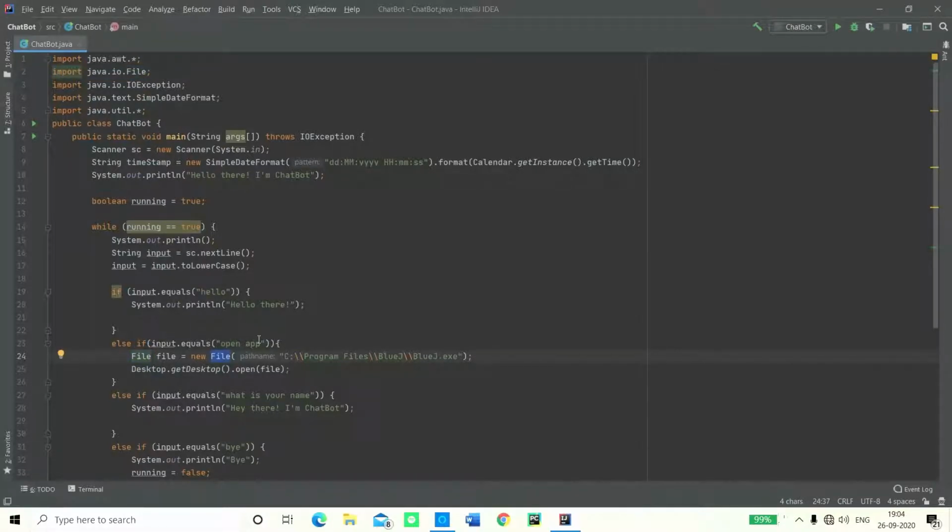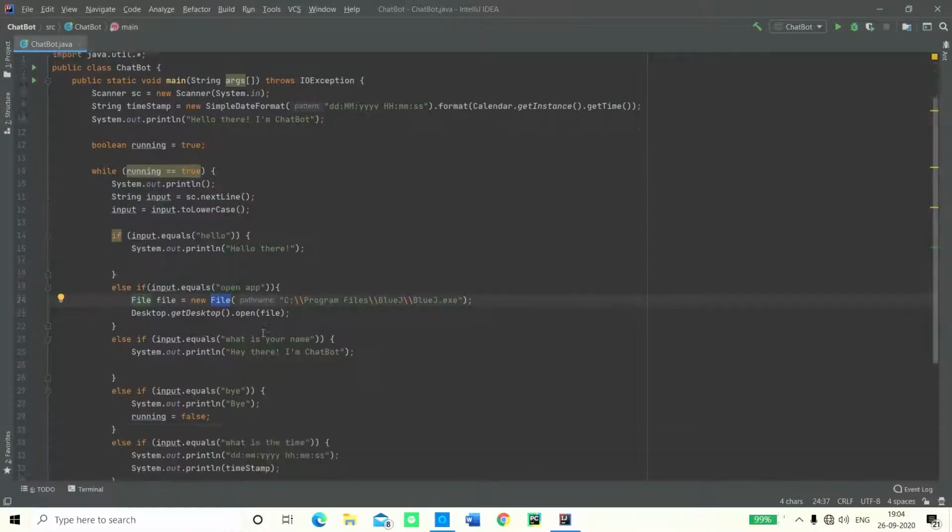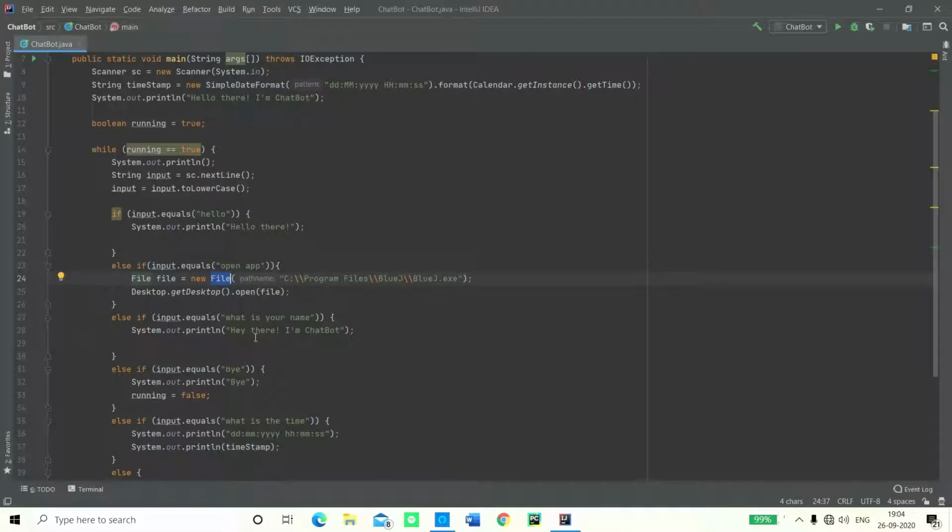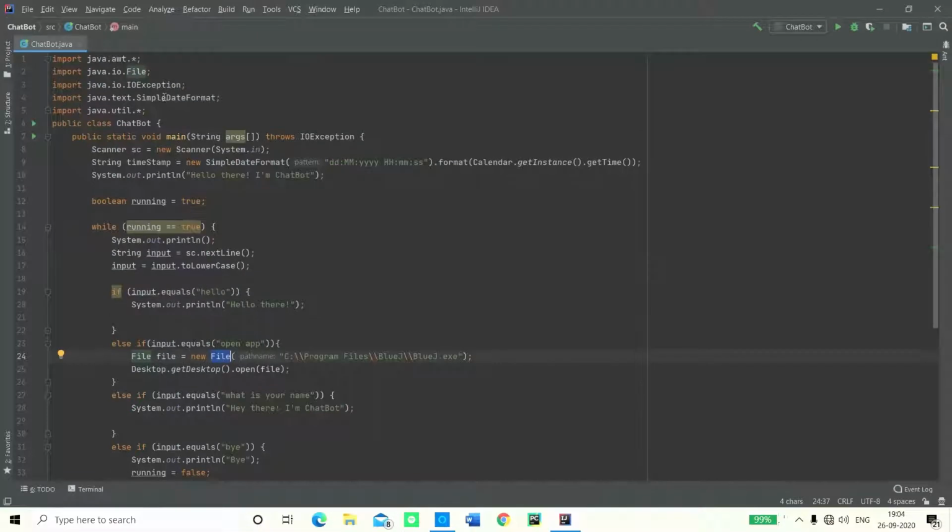What this does is it's a piece of code which creates a new object. You can notice that by the line of the code, and this is how you create an object. You're creating an object with a path, or something like an entity value, which reaches directly to the app you need to open. All right, I hope that is a bit clear, but if it isn't, we will get to that in just a minute. So that is for the IO exception.